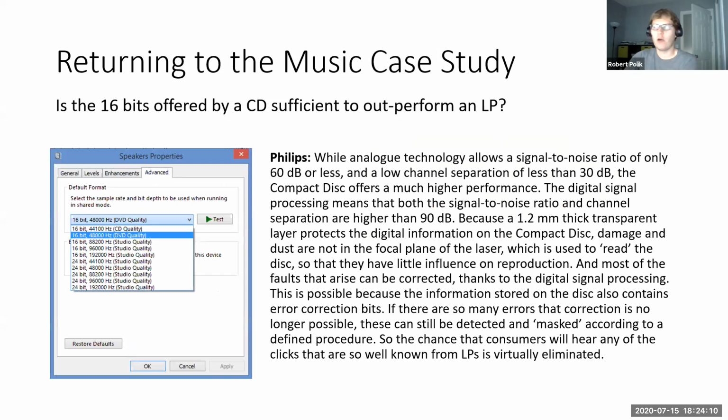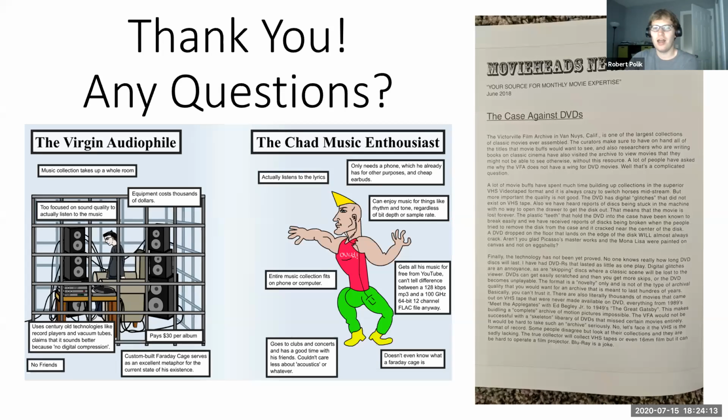So yeah, all right. That is my presentation. And I have the Movie Heads newsletter, The Case Against DVDs here, as well as a fun audiophile meme about how any true audiophile has a custom-built Faraday cage around their sound listening experience to make sure you don't get any stray signals coming in and ruining your sound. So I imagine that's an even better setup than I've read about people who align their music transmission cables to not be perpendicular to the magnetic field lines of the earth. So I imagine a Faraday cage is even better. Yeah, magnetic field of the earth, fuck you.